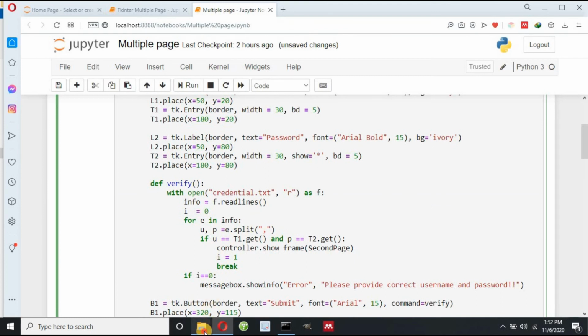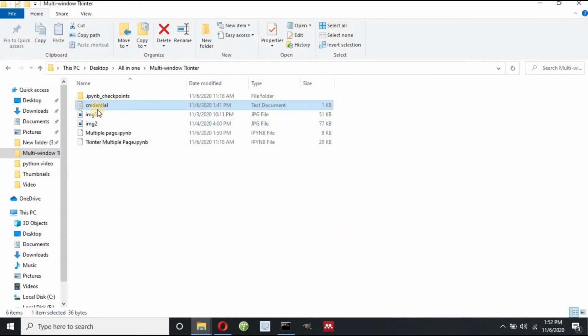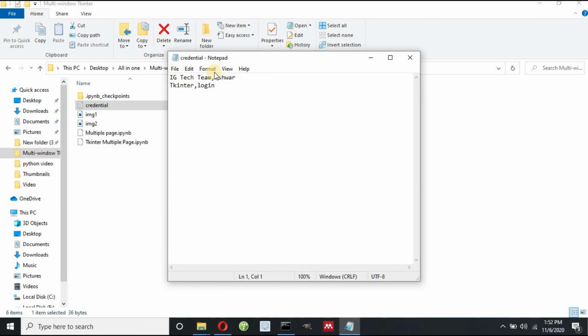And also one thing, when I open this credential file, you can see this is my username and this is my password, but I have some space in between here, so I need to remove this space.